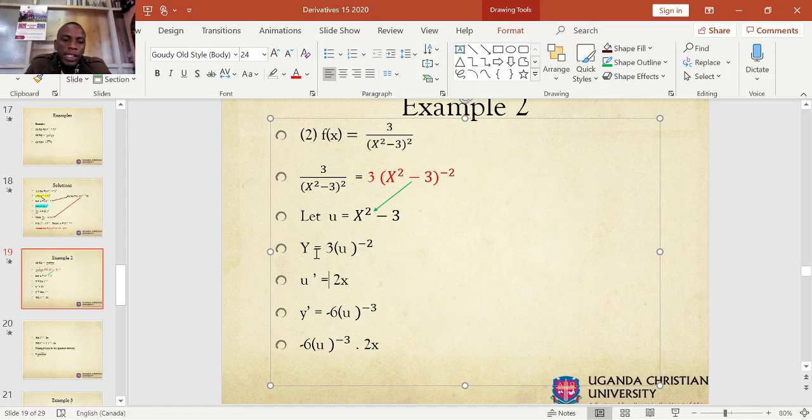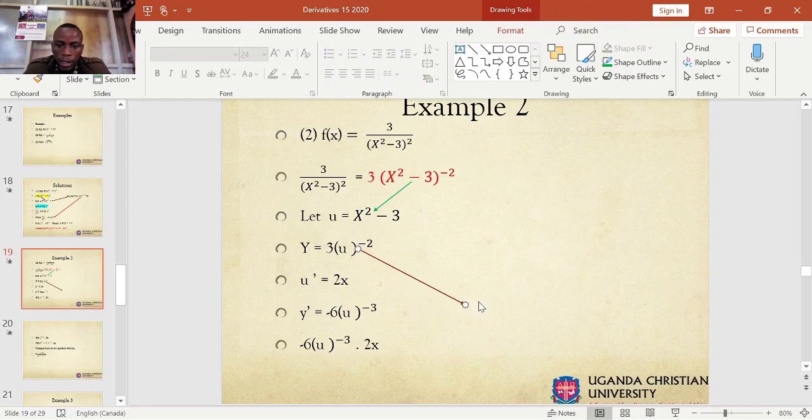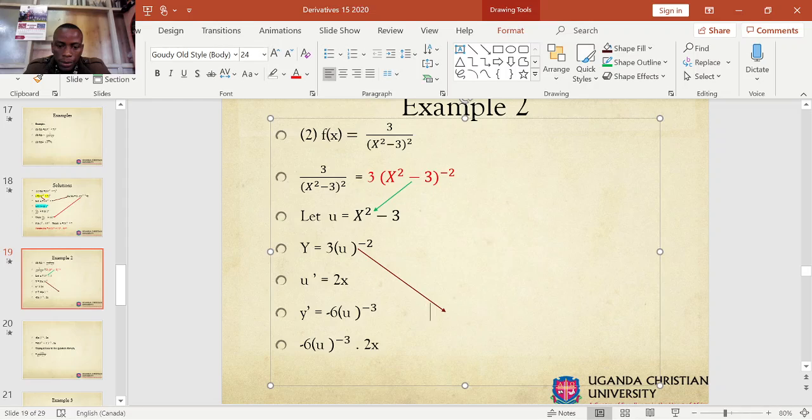Then the derivative of y, going through the entire bit of it, is 3 into u to the power negative 3. We multiply by the power and subtract 1 from the power. The rule stands. So it would be negative 2 times